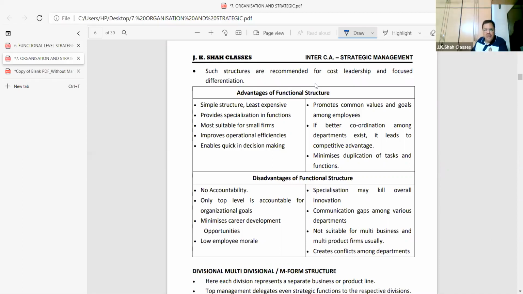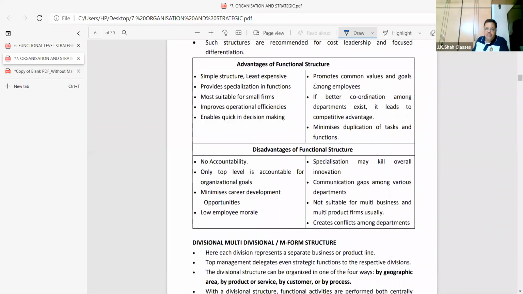6:30 lecture is to start at 6:30. Students can come late because their father has paid the money. But I come for the lecture at 6:30 and that will always be there. What is the disadvantage? Imagine no accountability. No accountability, why? I said, no. If I do something good, I don't get the credit. So if I do something wrong, I should not be discredited for that.